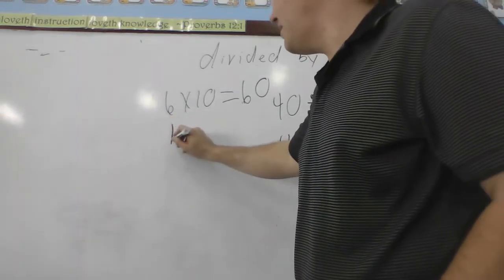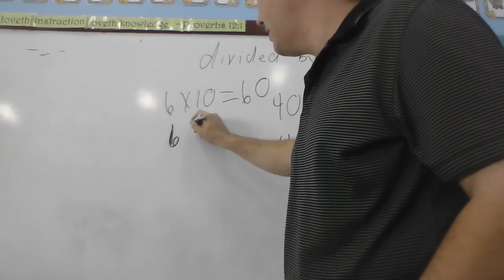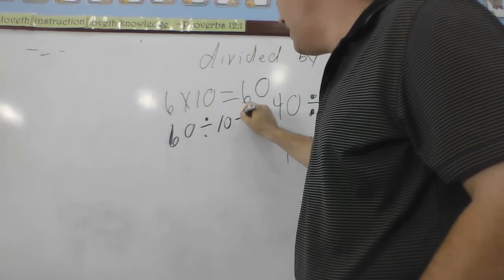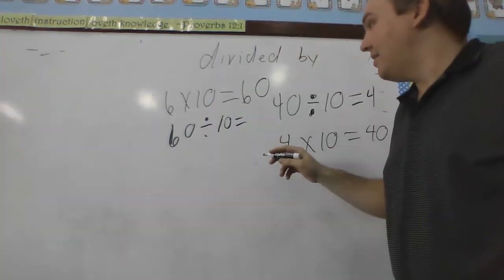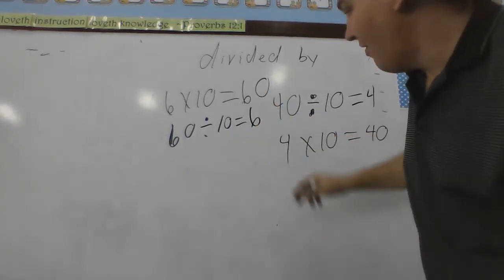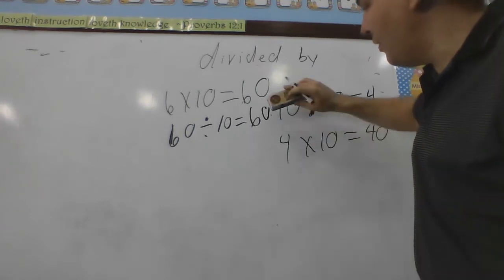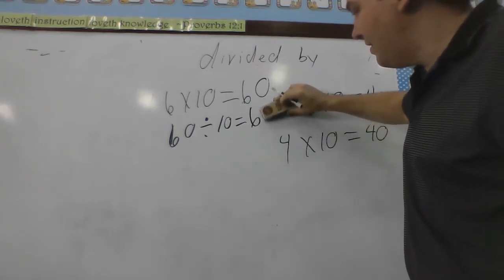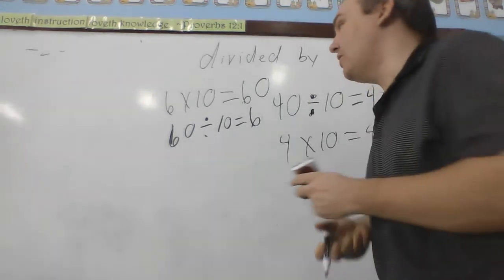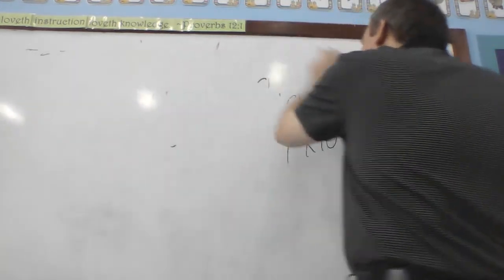You can say 60 divided by 10 is, you just take the 0 off, 6. You just take that 0 off there. 6. Okay? So just to make sure you're getting it,